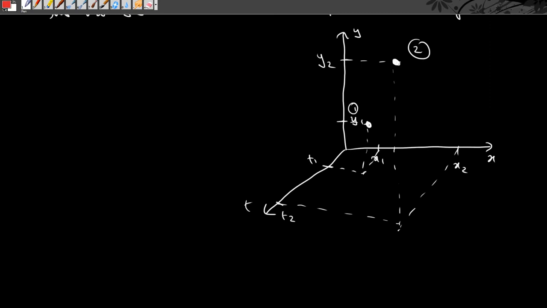And what I mean by all the different possible paths is, how can the system move from point 1 to point 2? It can move like this. Let's say this is the first path, path A. Let me choose a different color. This is some other path, path B. This is some other path, path C. And let's draw some funny path also, which is path D.